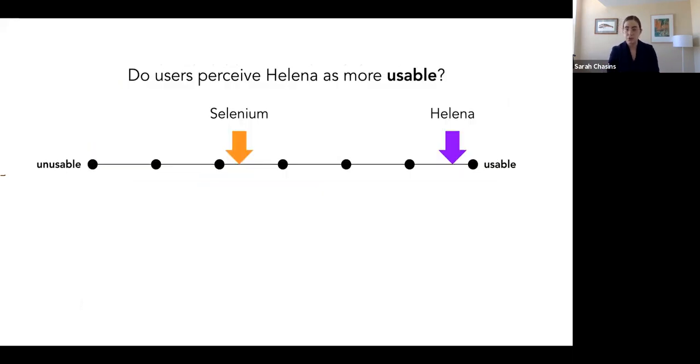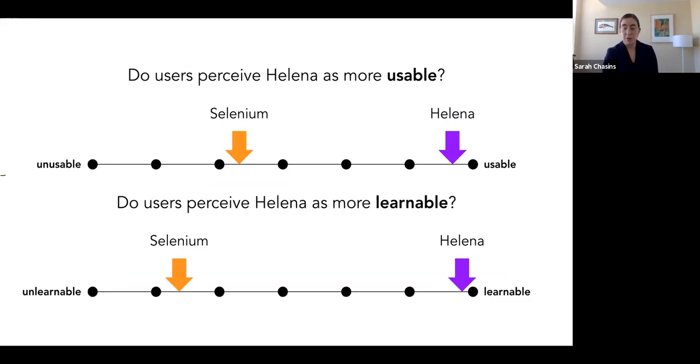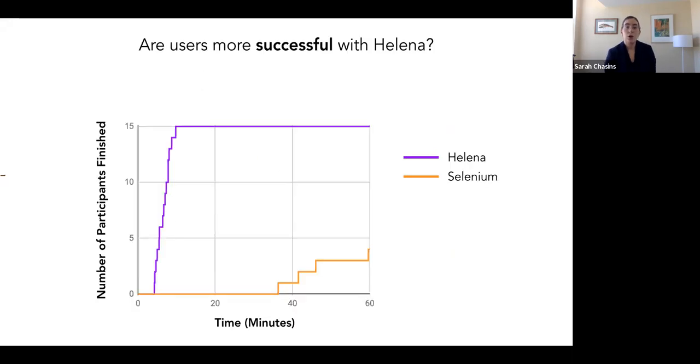And the end result is that users do perceive Helena as much more usable, and perhaps even more importantly, as much more learnable. So you can see the jump here is very large. But they're also much more successful when they're using Helena. So this is again, CS PhD students, so we aren't expecting the social scientists to come in and try to